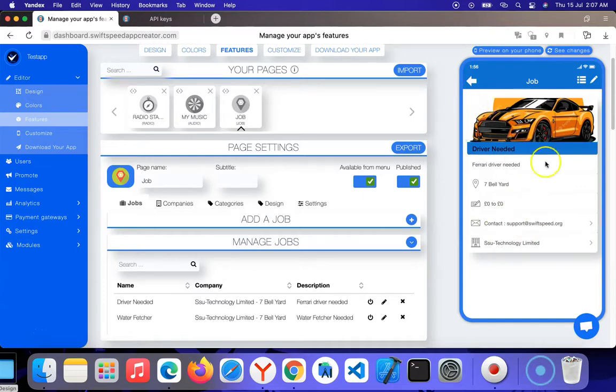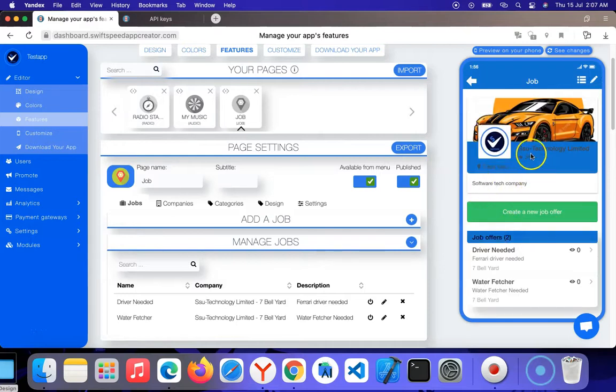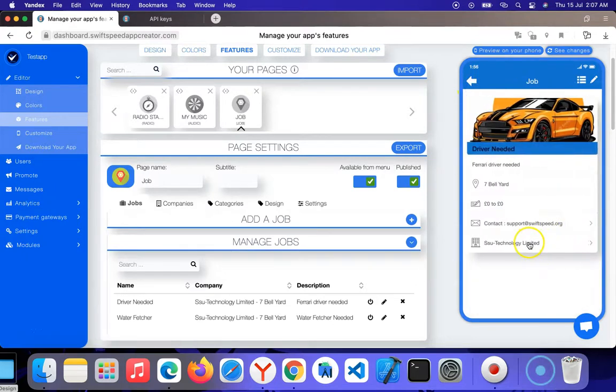So in case anyone wants to apply for the job, they can contact via the email address, and they can just put, you see, so it's going to take them to the company's page. When they click on this company, this thing that we created earlier,